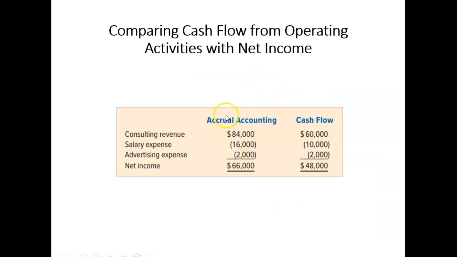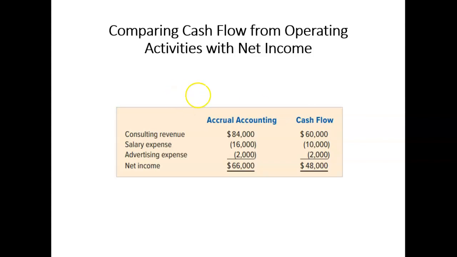This is a comparison of accrual accounting to the cash flow. So with accrual accounting, it's showing total revenue at $84,000 because under accrual accounting, you recognize revenue when it's earned. The cash flow shows the actual cash amount received or paid out. That's a difference. Accrual accounting is a more accurate reflection of the business transactions that took place for an accounting